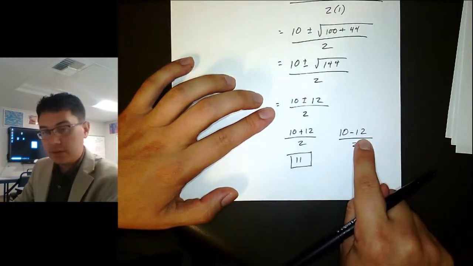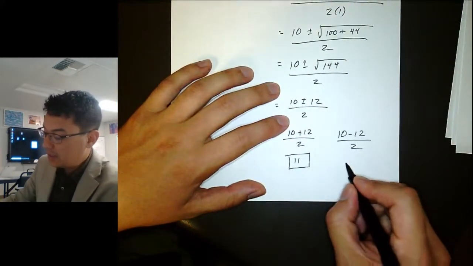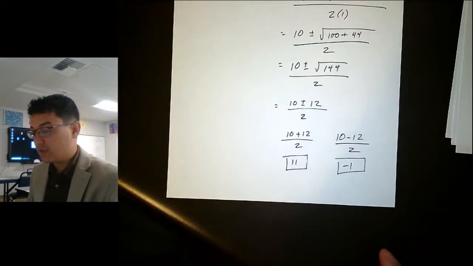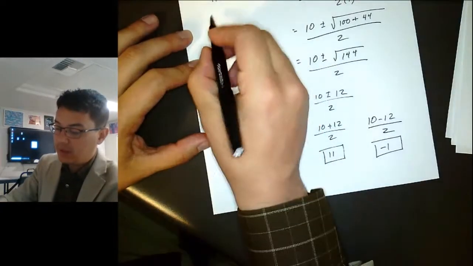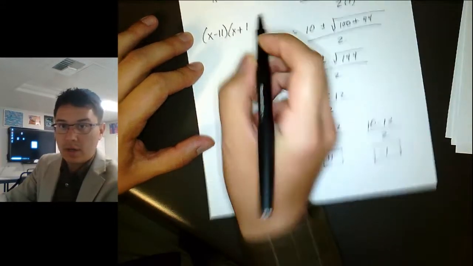10 minus 12 is negative 2. Negative 2 divided by 2 is negative 1. So those are our two roots, our two answers for this. It happens to be in this case that this is factorable. You guys can do an x-man here, and you will end up with x minus 11 and x plus 1